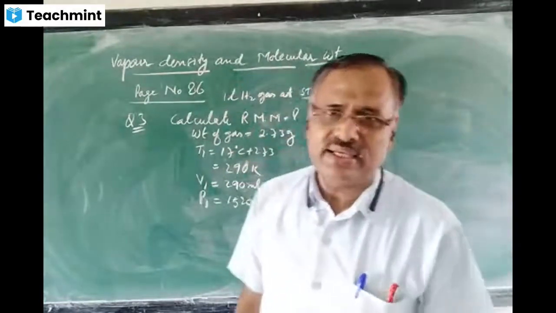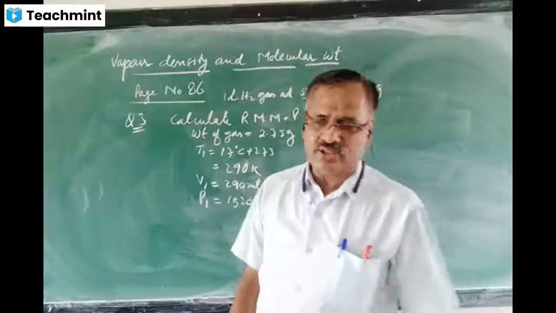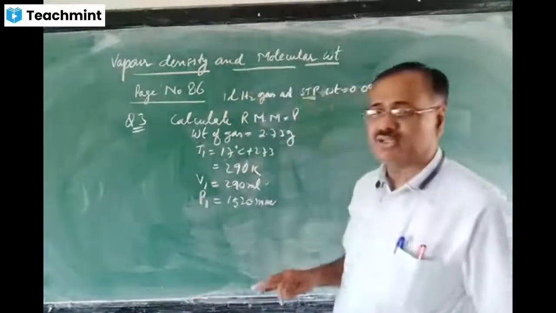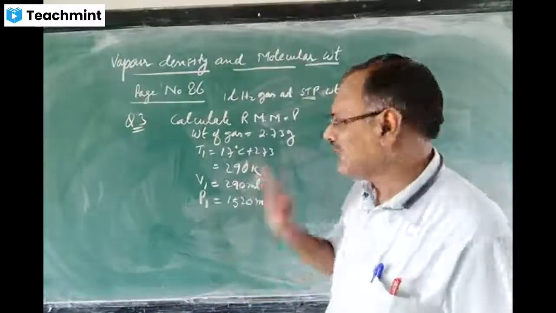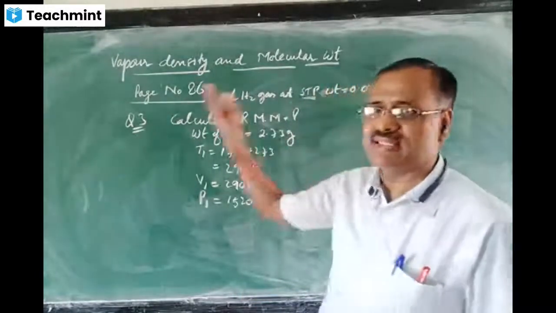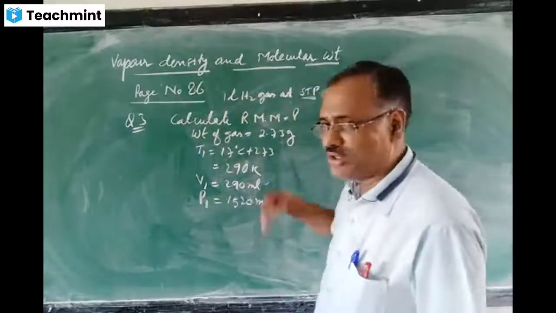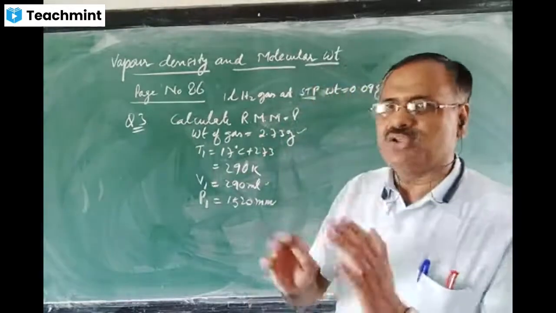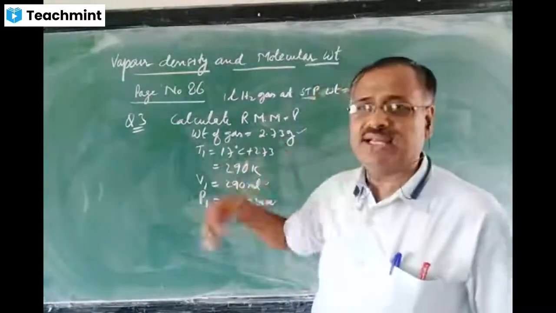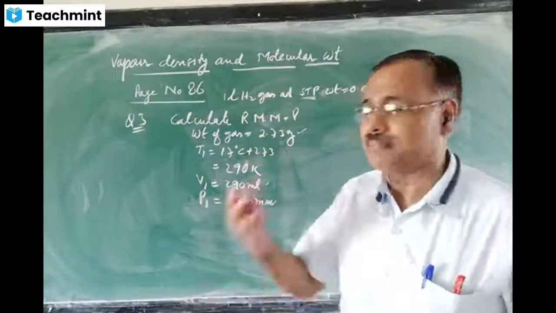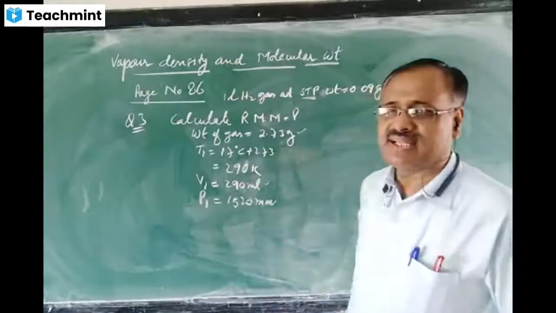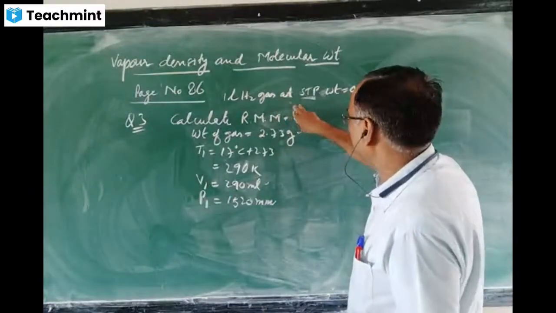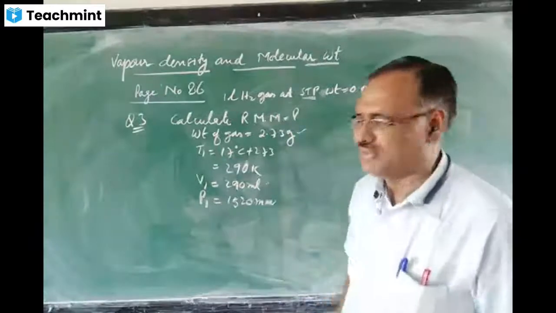You know the equation that in class 9th we studied, the gas equation: P1 V1 upon T1 is equal to P2 V2 upon T2. By using that relationship, we can convert this volume to STP. So the volume will change, but the weight of the substance will remain the same. Then you calculate the volume of 1 liter of the gas at STP. After getting the mass of 1 liter of the gas at STP, and having the 1 liter hydrogen mass, you can apply the vapor density formula.